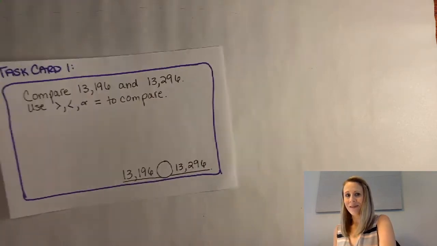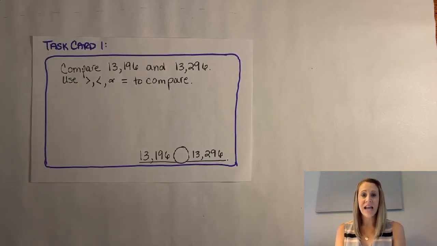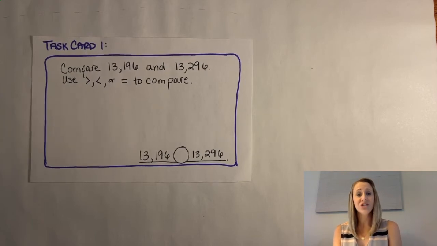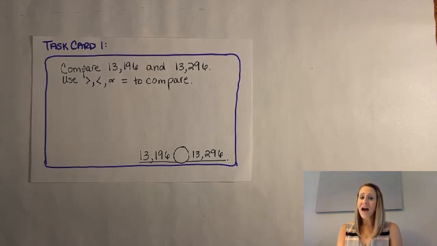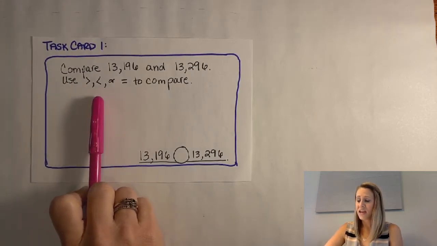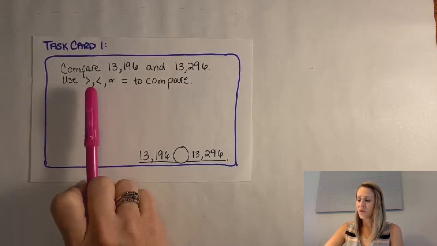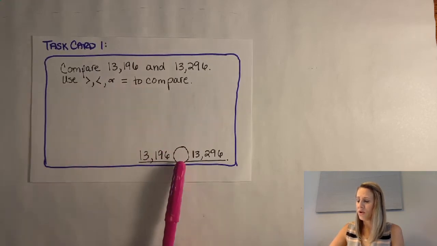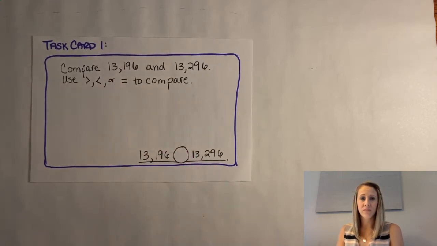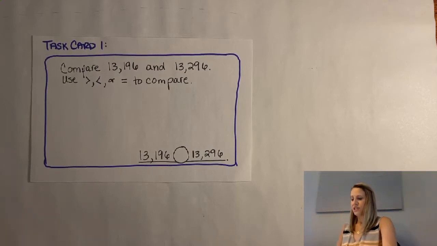Welcome back. For our first math task today, we're going to be comparing the numbers 13,196 and 13,296. For our final answer, we're going to use the symbol less than, greater than, or equal to compare the two numbers, and we'll choose which of those is appropriate and put it in the circle underneath for our final answer. When we think about comparing these two numbers, we want to use our place value understanding